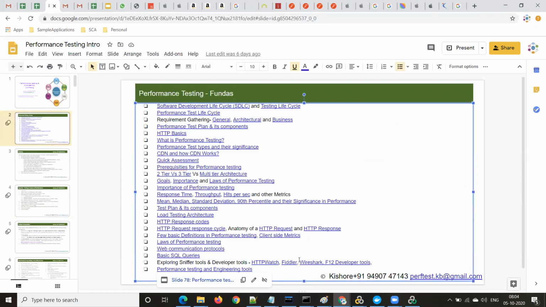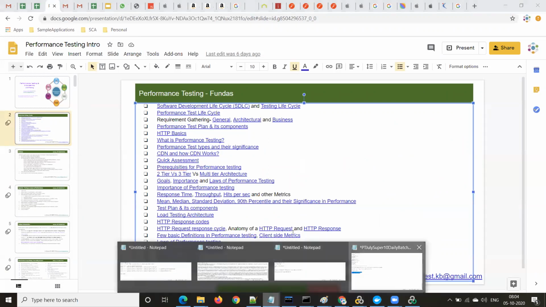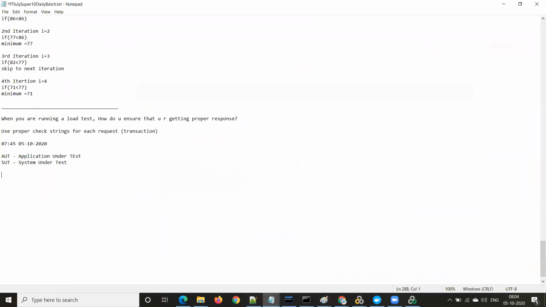MySQL, Oracle, and SQL Server are the database ones, and Tomcat is the application server. Okay, I couldn't find that slide. I will do one thing, I will cover it. What are the popular web servers?